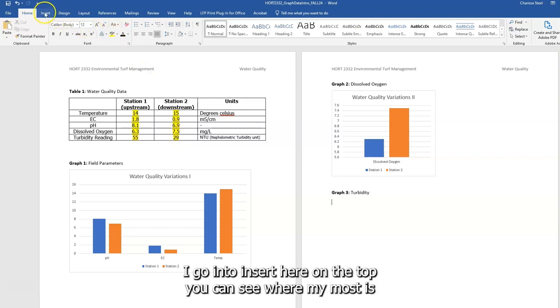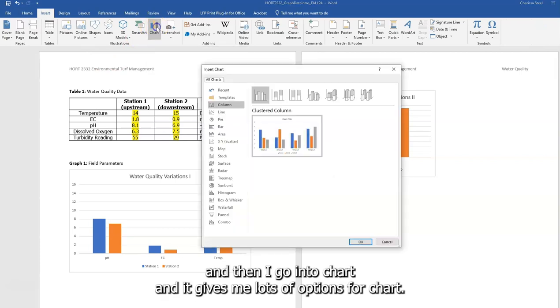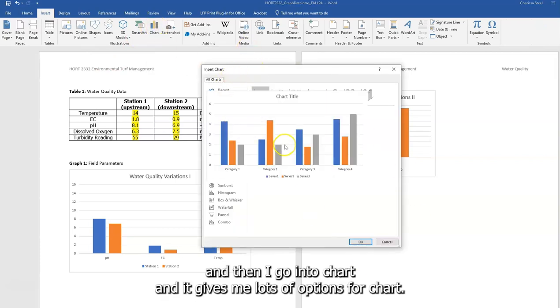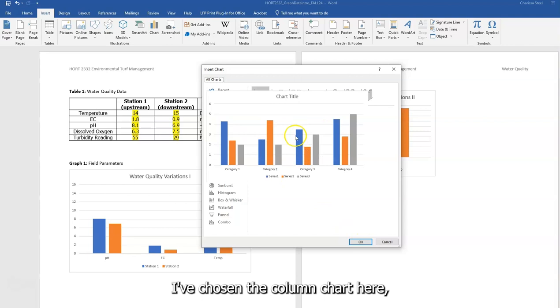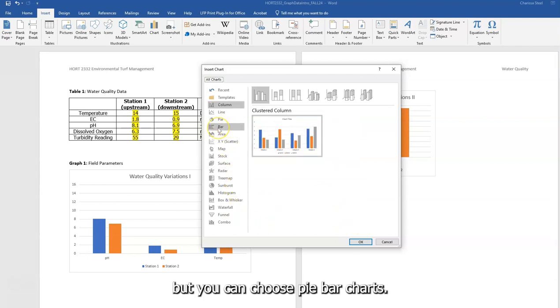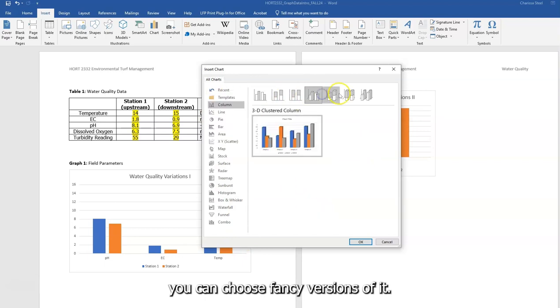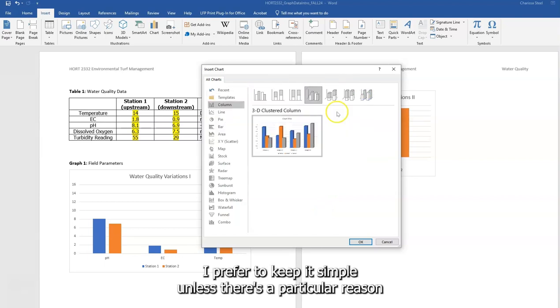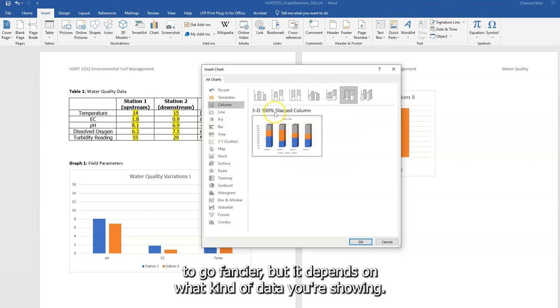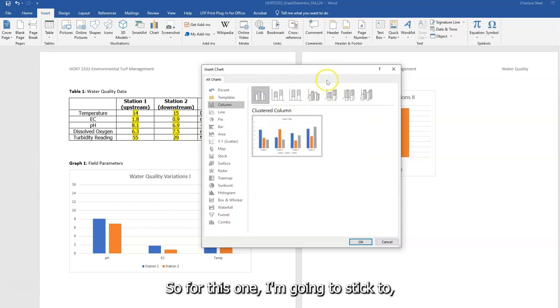I go into insert here on the top, if you can see where my mouse is, and then I go into chart. And it gives me lots of options for chart. I've chosen the column chart here, but you can choose pie, bar charts. You can choose all sorts of types. There are also, once you choose the chart, you can choose fancy versions of it. I prefer to keep it simple unless there's a particular reason to go fancier, but it depends on what kind of data you're showing. So for this one, I'm going to stick to the basic clustered column. Hit OK,